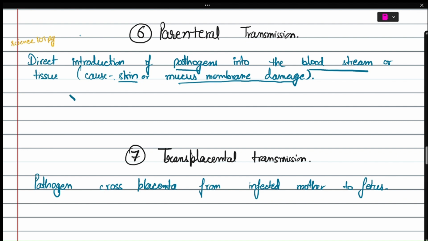The first thing, as I have explained earlier, is needles, injections, etc. Right? An accidental needle stick injury can transmit blood-borne pathogens such as